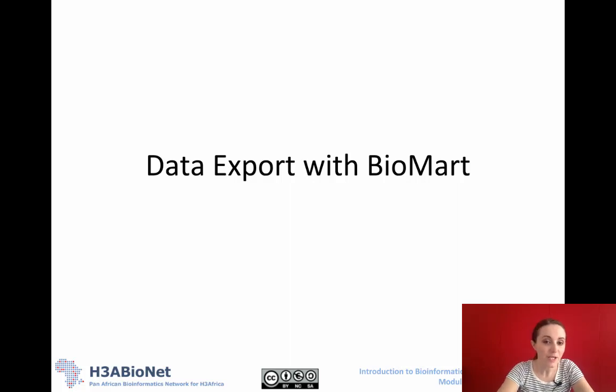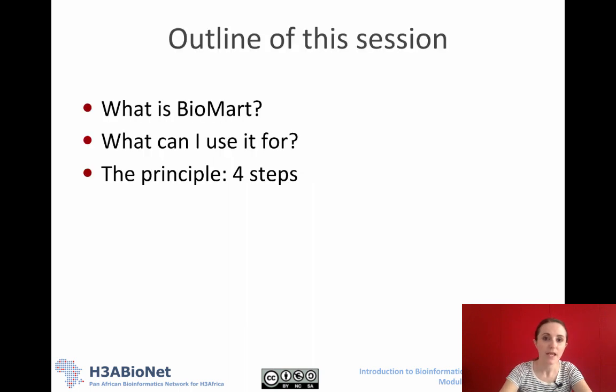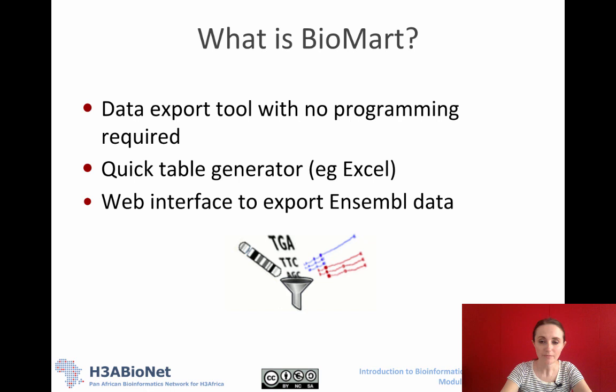Okay, so the last topic I want to cover in this Genome Browsers session is data export with BioMart. What I'm going to talk about is what BioMart is, what you can use it for, and the basic four-step principle. BioMart is a data export tool. There is absolutely no programming required whatsoever, and you can generate quick tables with it, which you can manipulate in